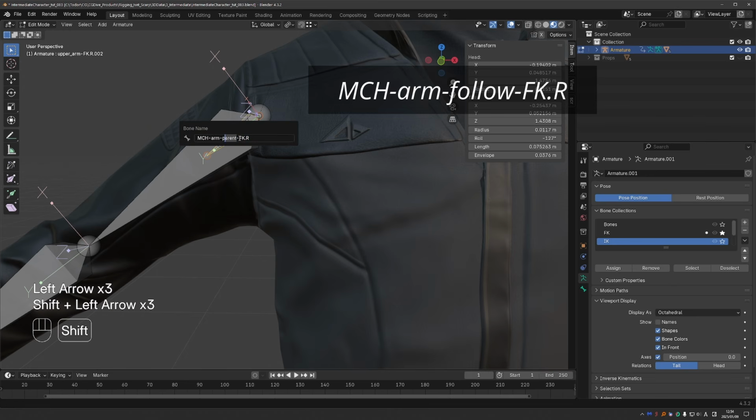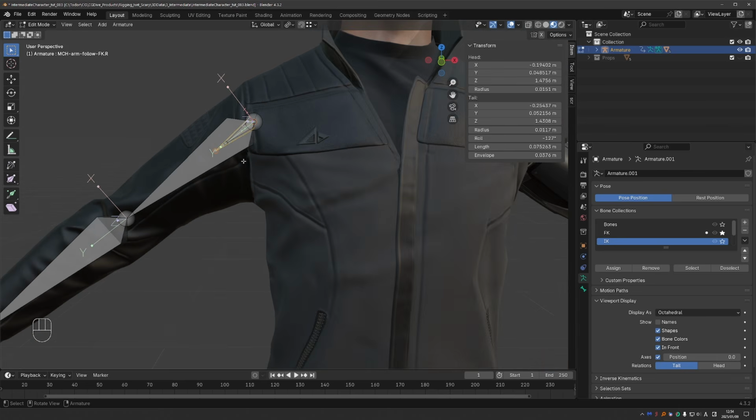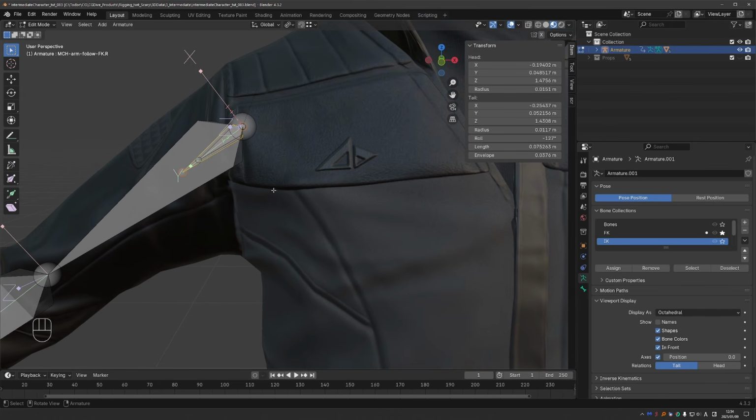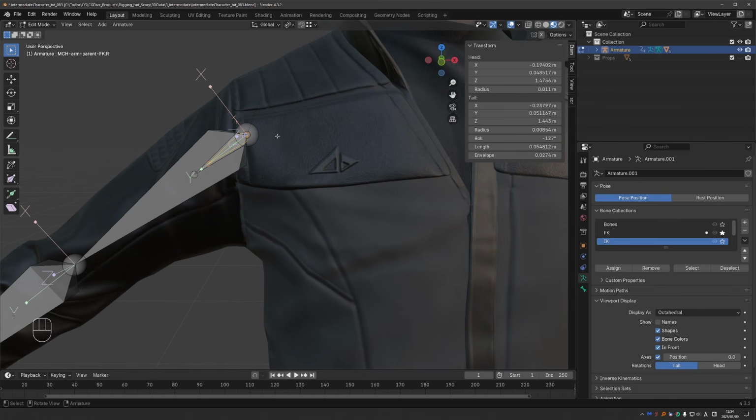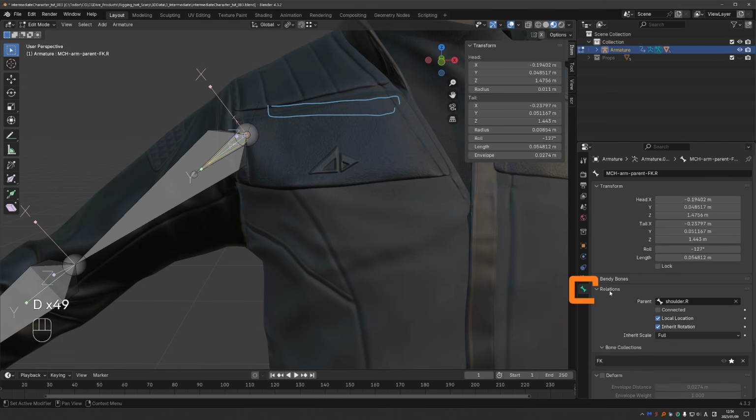And the slightly larger bone will be MCH arm follow fk.r. So now let's revise the setup. The smallest bone will be parented to the shoulder bone. And it already is because we duplicated it from the FK arm bone. The slightly larger bone and the main FK bone, we are going to disconnect from this hierarchy by pressing Alt-P